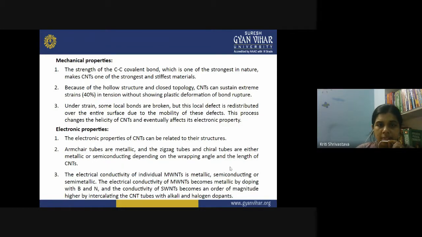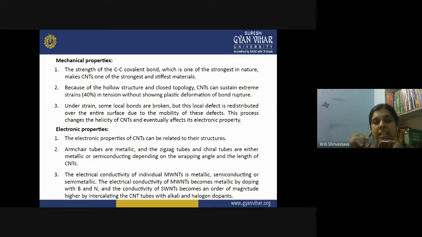Doping is simply when you add some impurity to your pure substance in order to enhance its property. Like you have seen doping in case of semiconductors. We prepare p-type semiconductors and n-type semiconductors. When you mix trivalent impurity with the semiconductor, it becomes p-type, and when you mix a pentavalent impurity, then it becomes n-type semiconductor, right? Similarly, we can dope the carbon nanotube in order to change certain properties.